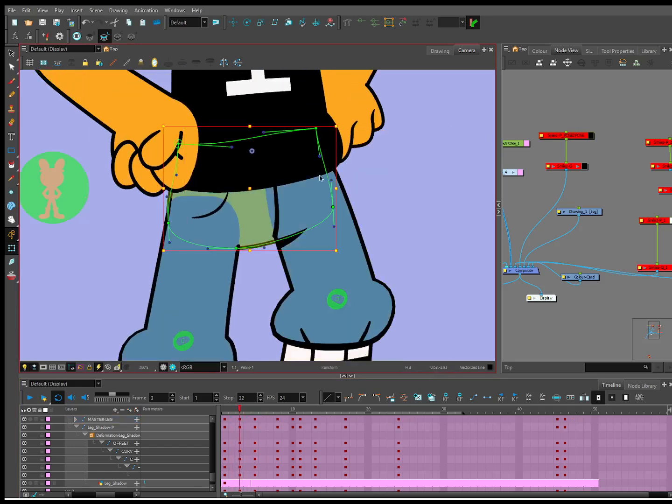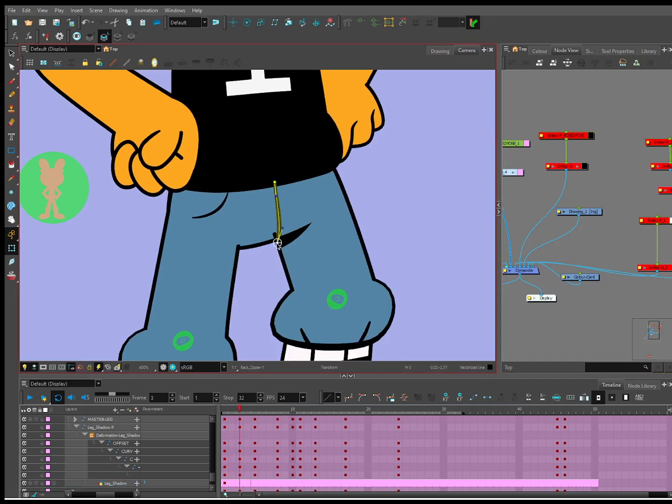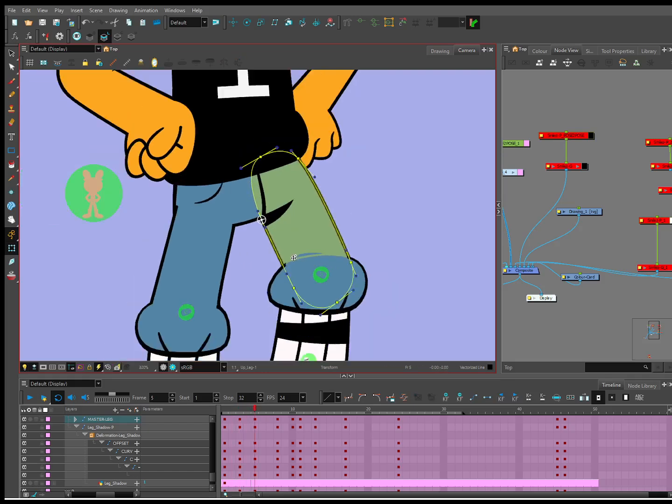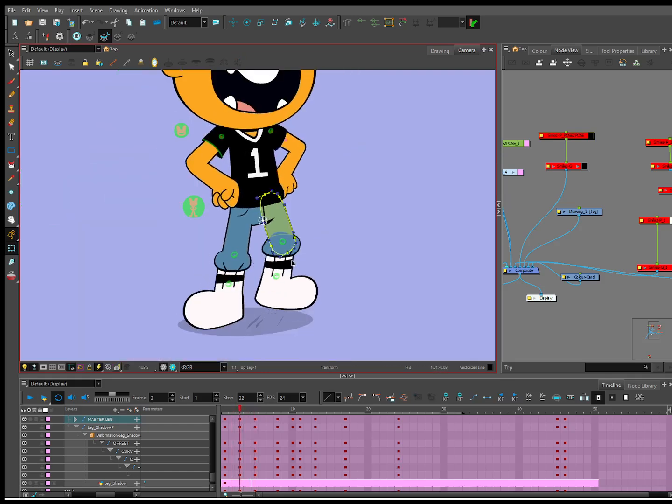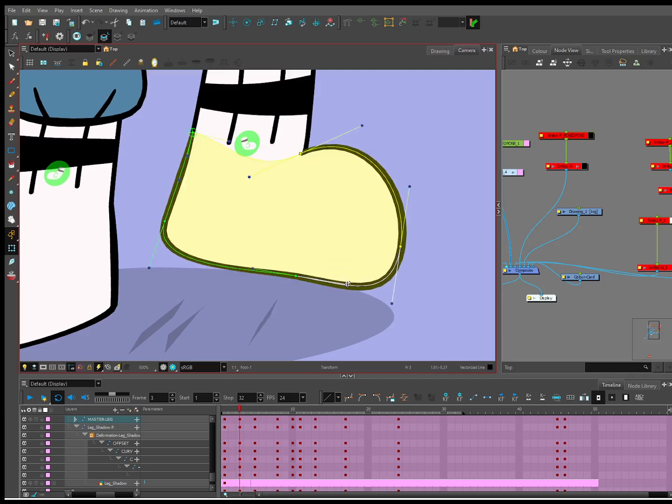So this is going to move up. I'm going to put a little wee smidge of movement here. And then I'm just going to drag the toe a little bit. This is something that I try to explain a lot: slight shape change is good.